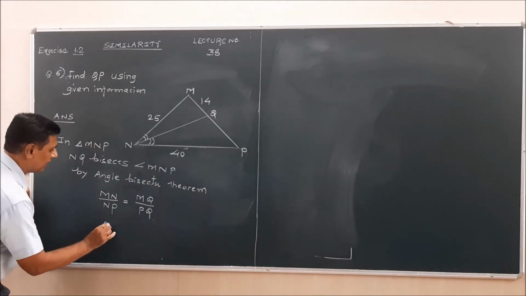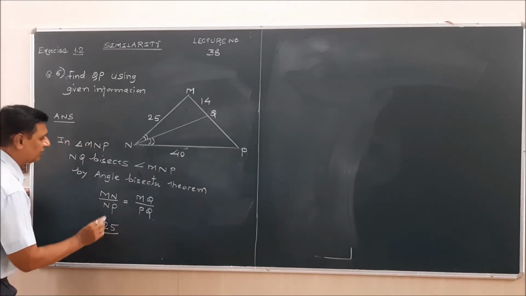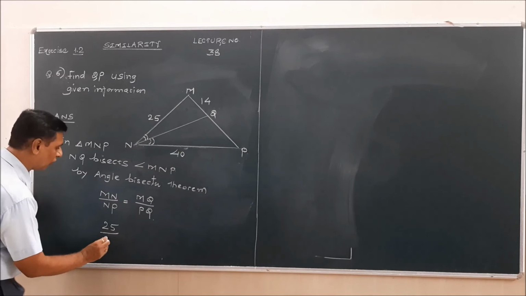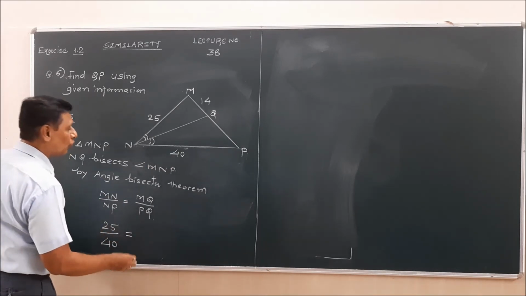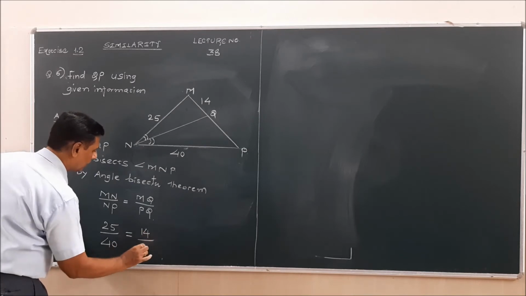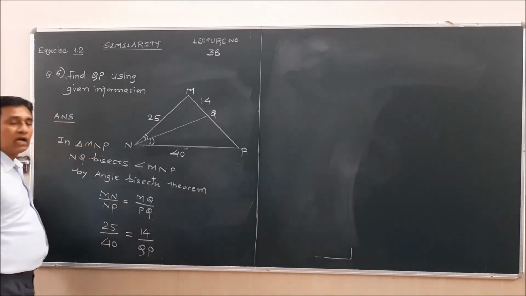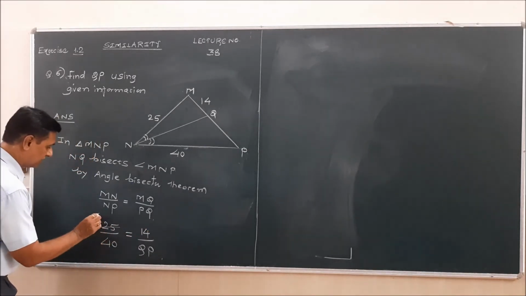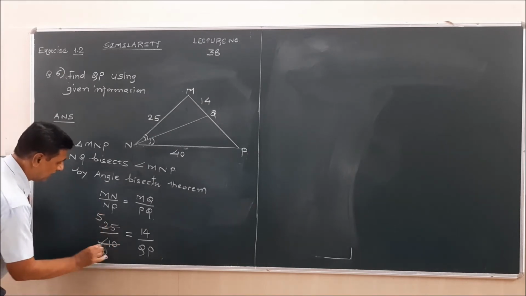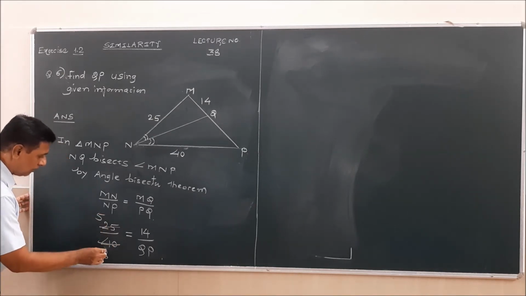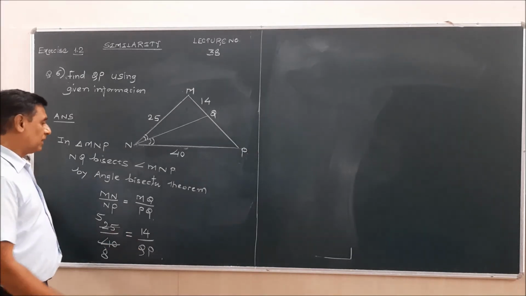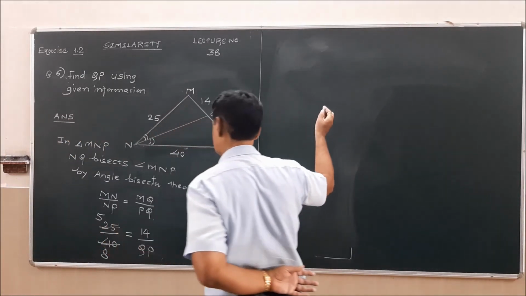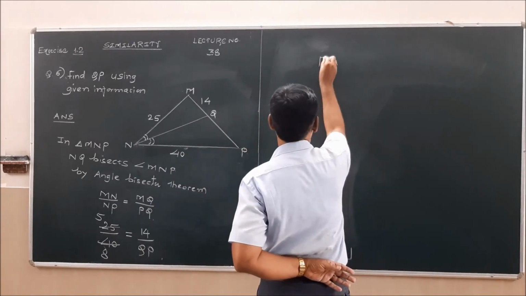MN is 25, so 25 upon NP, NP is 40, that is equal to NQ, 14 upon PQ. 5 5s are 25, 5 8s are 40. We have to find out PQ. So if I transfer PQ to the left hand side, PQ is equal